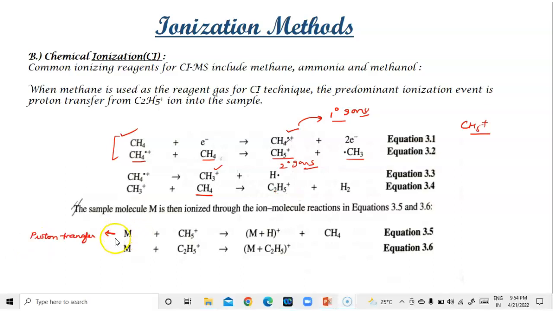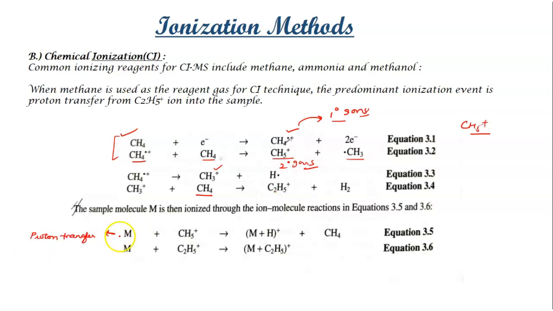So the first reaction over here is proton transfer only, where your metal is reacting with the CH5+ cation, that is your secondary ion, and it results in the formation of M+H positive, plus CH4 is released as such. So here proton transfer is occurring from this particular cation to your sample molecule M. So that is the process, proton transfer only, and here you can see another process, that is your hydride